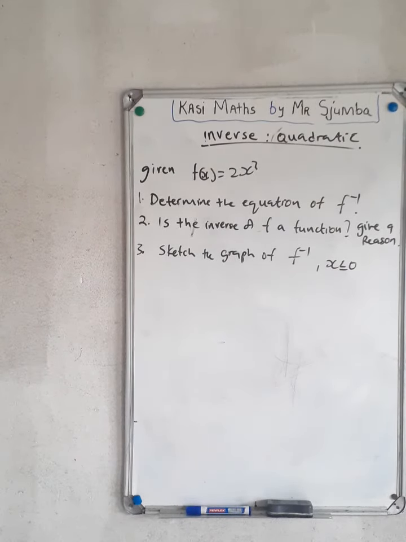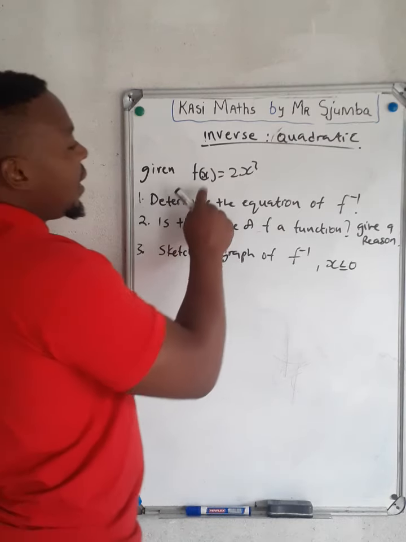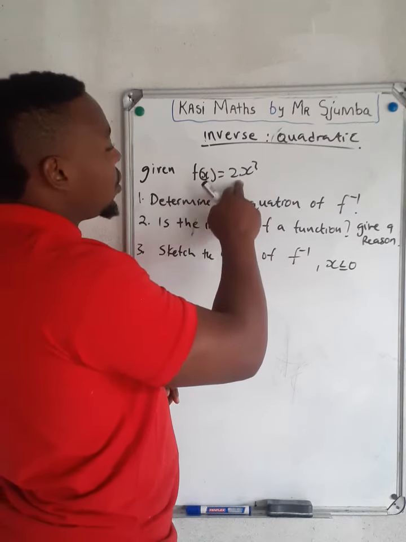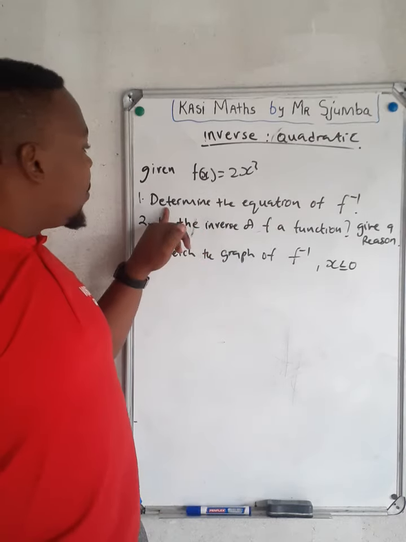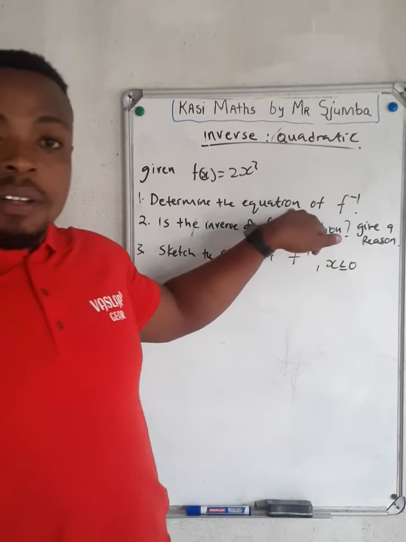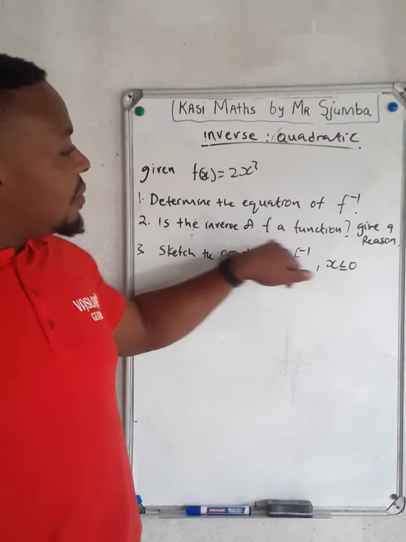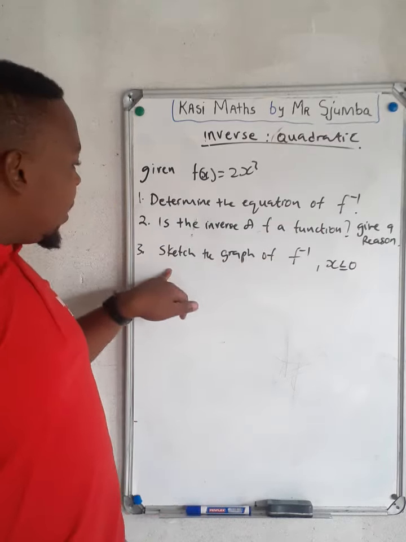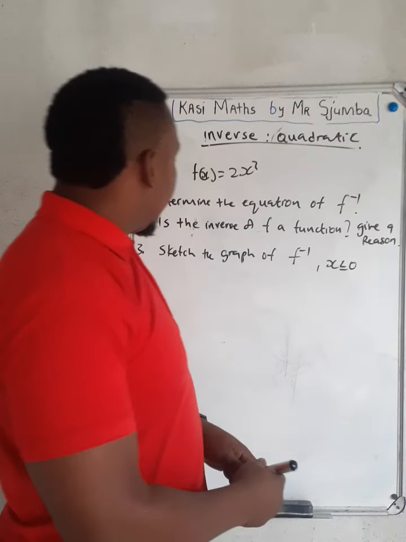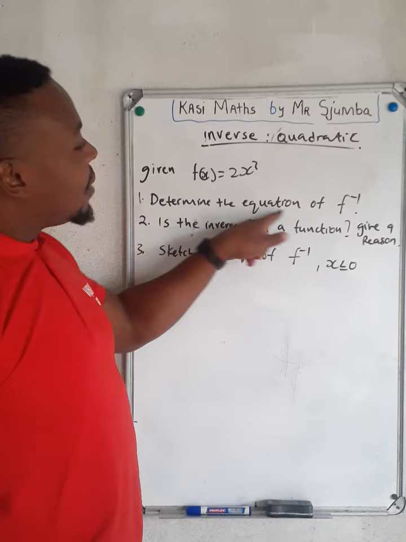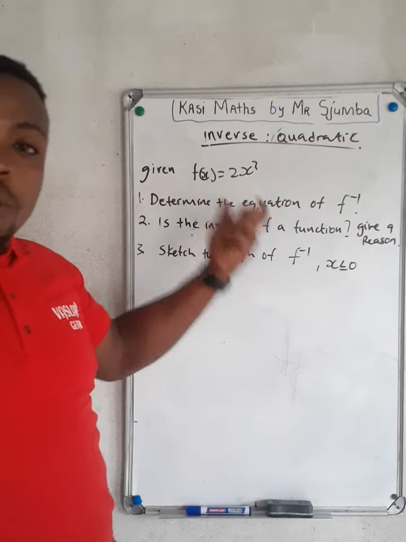Okay, so now we have this question. We are given f at x, which is equal to 2x squared, and then we should determine the equation of f inverse. Is the inverse a function? We should give a reason, and then we should also sketch the graph of f inverse. Okay, so the first question is to determine the equation of the f inverse. We know ukuthi